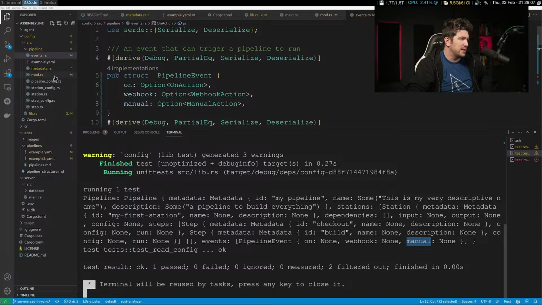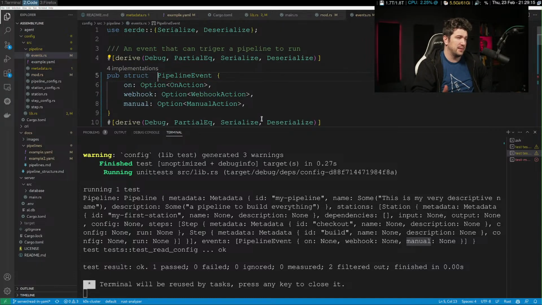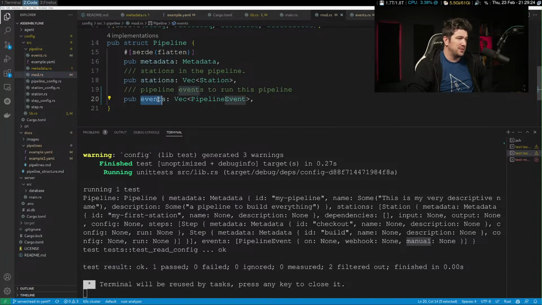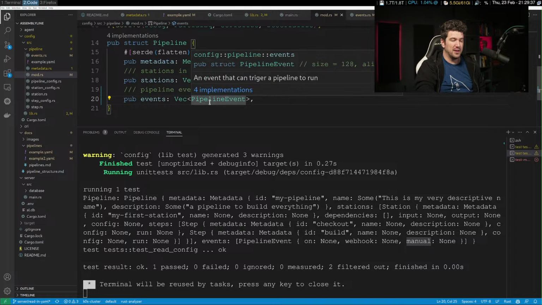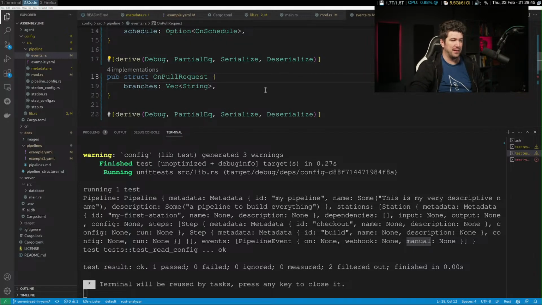Let's look at this here. So we're expecting a vector of events, some events, and this is what they can be of. That looks right to me because that means you could have two different ons if you wanted to. Although you shouldn't really have to do two different ons. On should have a list, probably, actually. PR should be a list of PRs.